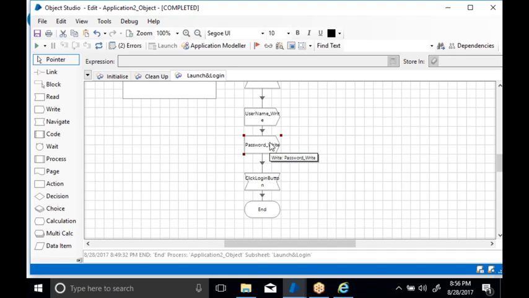The question is, can I use one stage to write both the username and the password instead of two different write stages? Yes, we can.